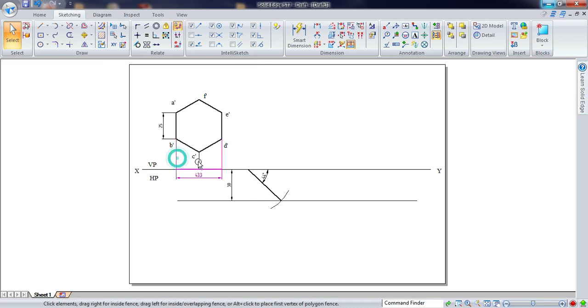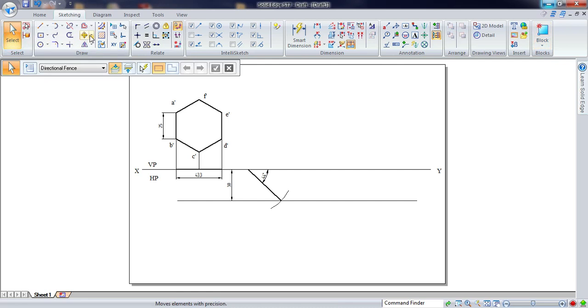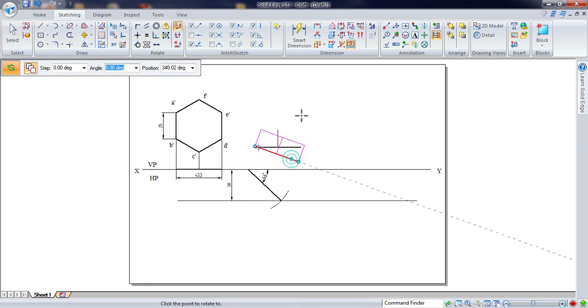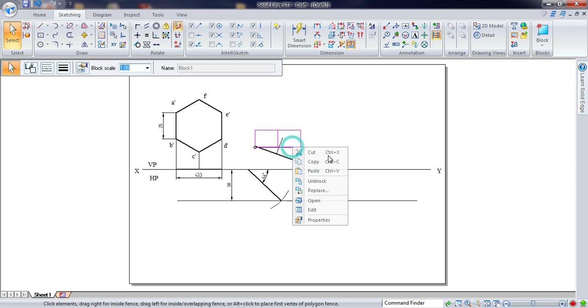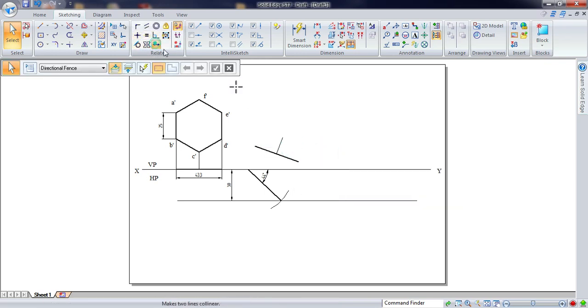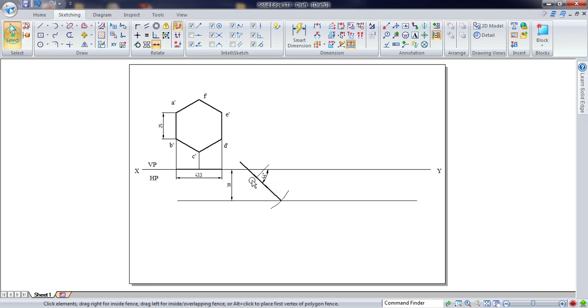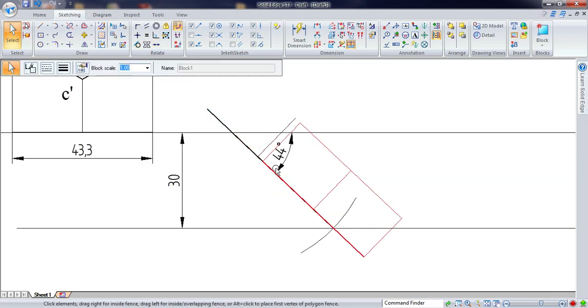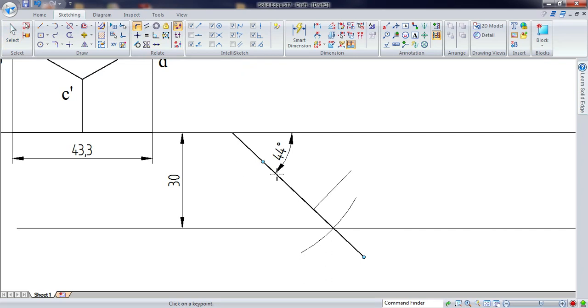Now again this trace together with these three lines we need to block it and use the move command, switch on the copy here, take one copy of that. Then rotate approximately. So here again use the collinear, this trace with this line. Now zoom the area properly, you can drag it here, use the connect, so connect this end point with this.